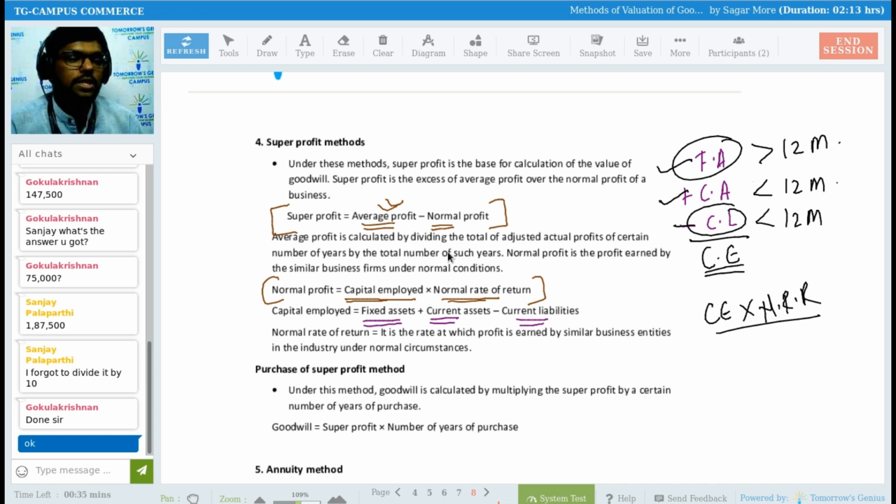For example, one person is there in front of us. He is selling idli and dosa, and he is earning around 10% on his investment. Sir, we are doing business in the same locality, and we are doing a business of a substitute for dosa and idli. What will be the substitute for dosa and idli in the evening? Sanjay, Gokul, what do you think? What will be a good substitute that we can sell?